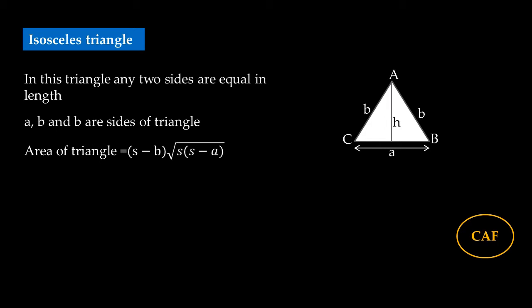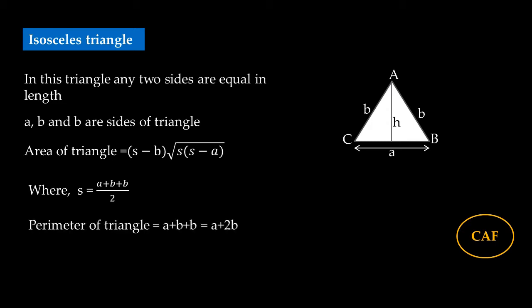So for this triangle, the area of the triangle is (s minus b) into the square root of s into (s minus a). How you got this is, whatever formula is there for the scalene triangle, if you substitute c with b or b with c, you will get (s minus b) whole square, then the square and the root will cancel and you can write it outside of the square root. So you will finally get (s minus b) into the square root of s into (s minus a), where s is equal to (a plus b) by 2,